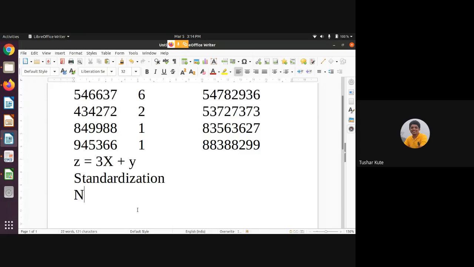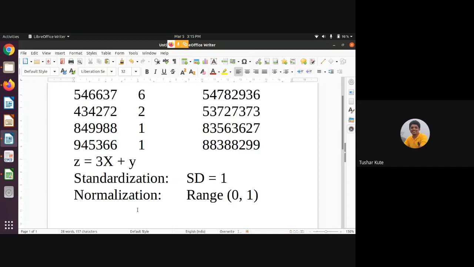The second method is called normalization. In standardization, we make the standard deviation equal to 1 across the whole data set, and in the other case, we keep the range of elements from 0 to 1, scaling down or scaling up.